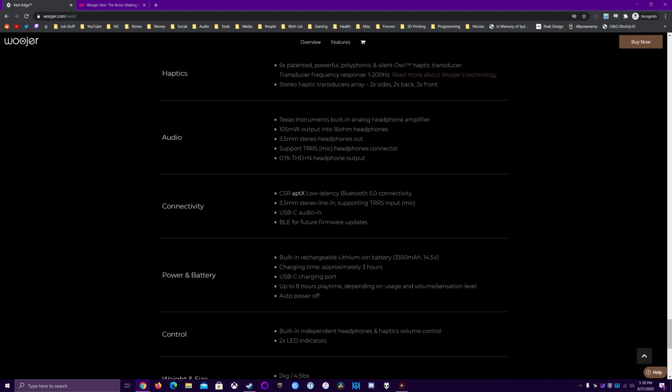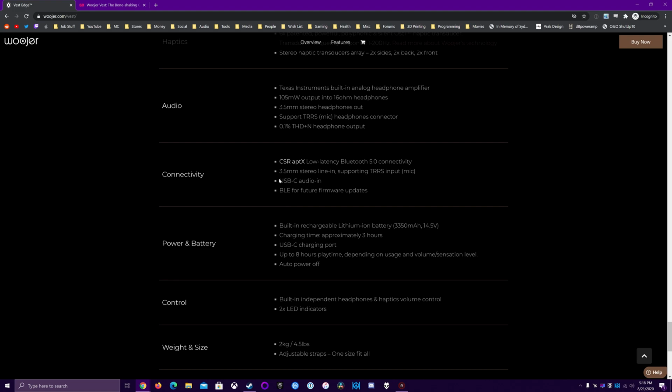Then we've got low Bluetooth, that's just 5.0. That's not necessarily low. It might be. I'm not sure what the standard is. USB-C audio in. Fantastic. Let's hope it can be powered like that, because in my previous video, I